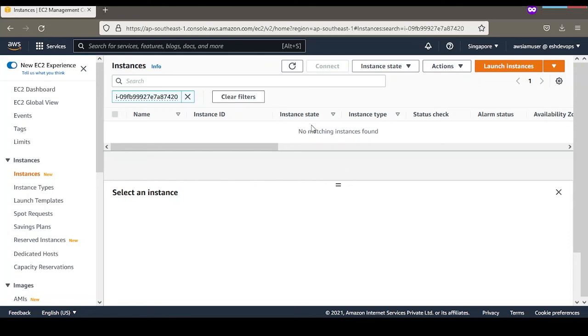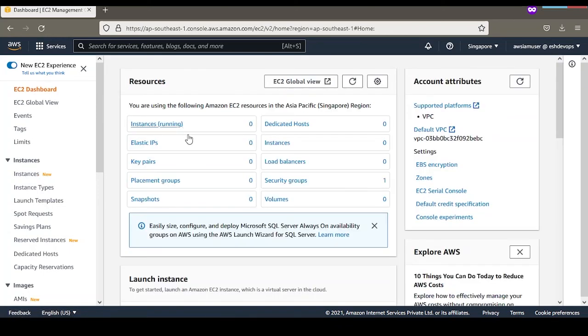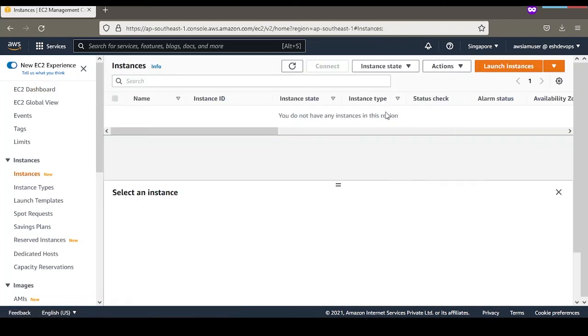Now you can see it's showing that you do not have any instance in this region. If I go to the EC2 dashboard, you are also not able to see any instance, because EC2 is region specific. In whichever region you have deployed the EC2 instance, that instance will be visible only in that particular region. So if you change from one region to another, you are not going to see your EC2 instance.